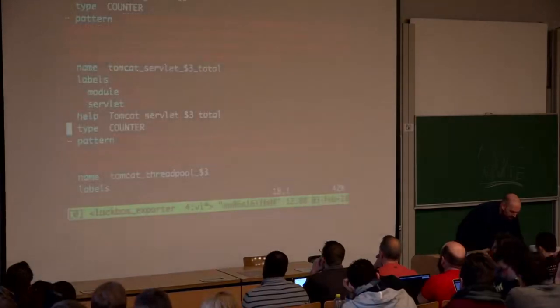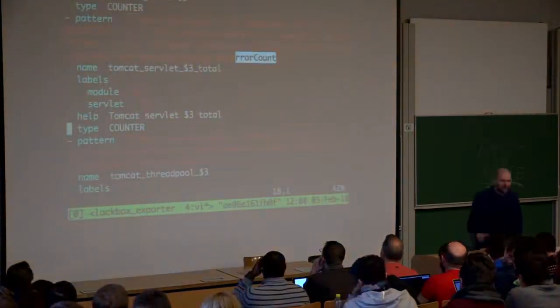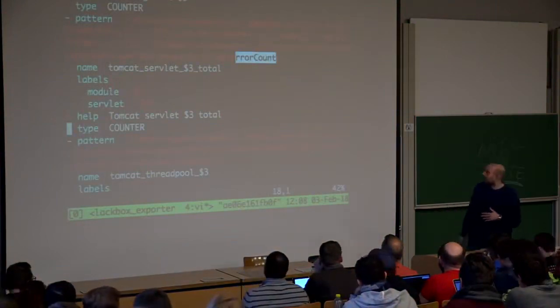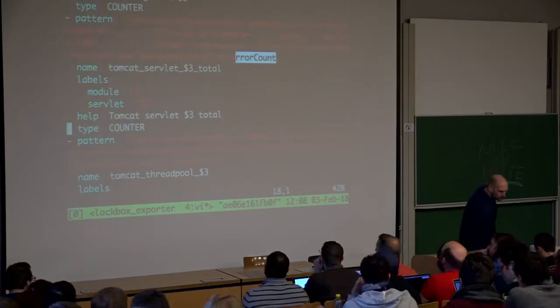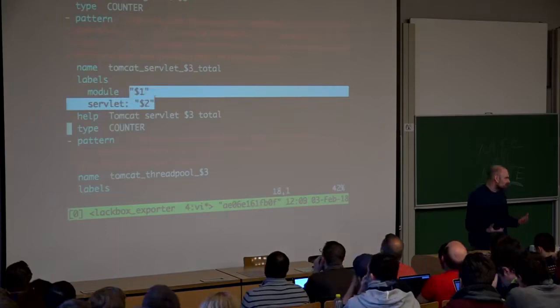And here we have something starting with Tomcat and ending with error count. And if you analyze it, it's kind of going down this path in this tree, okay? And then there are some capture groups which are used here to actually extract metrics out of what is found with